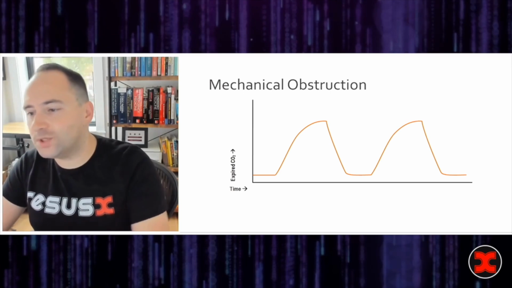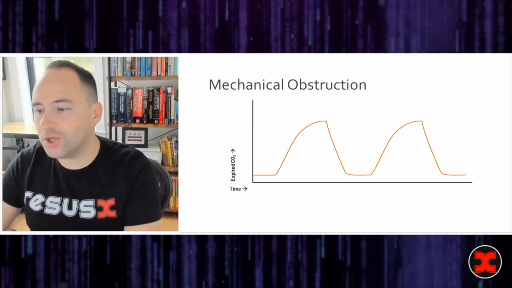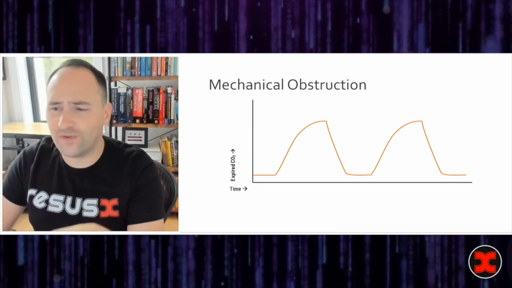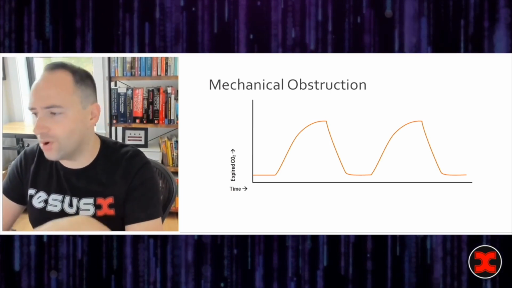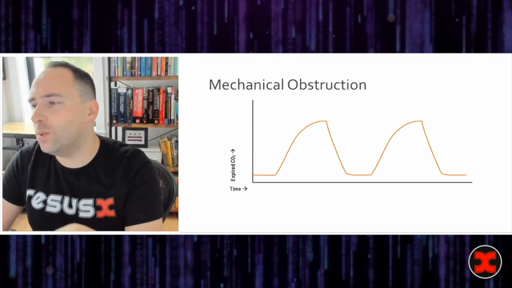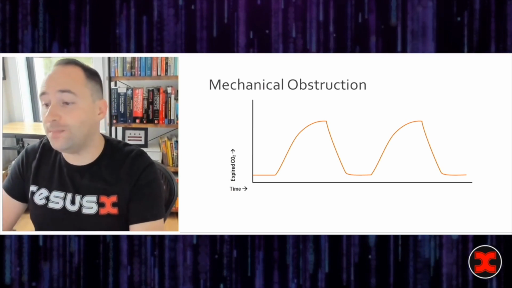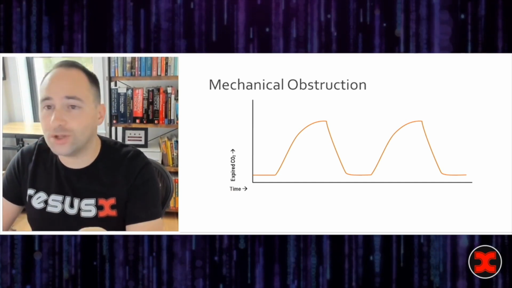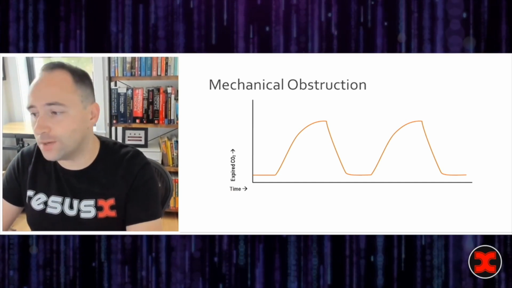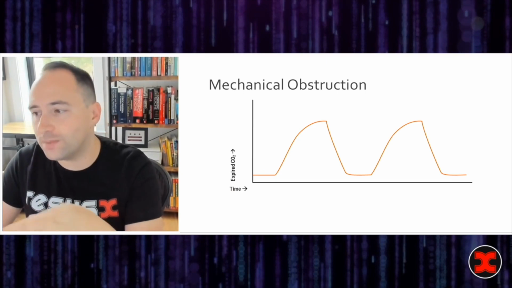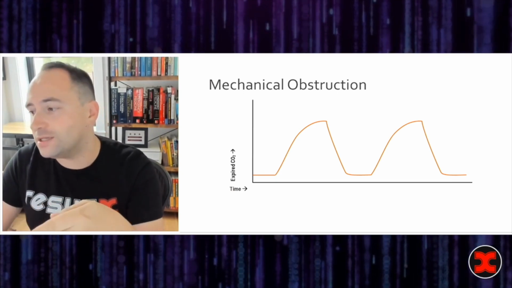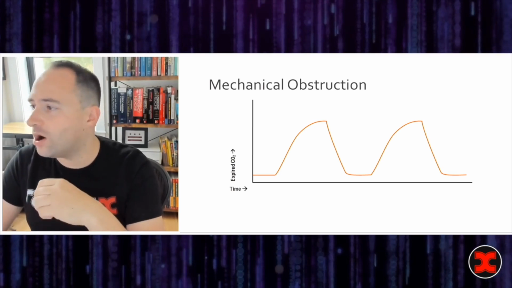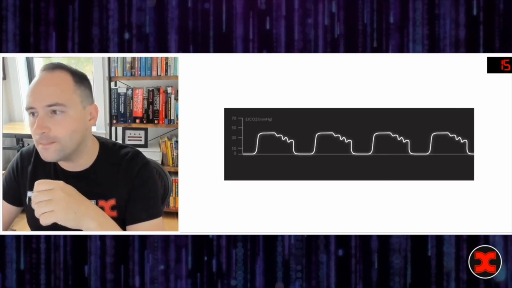So this is a mechanical obstruction. Notice how you have a prolonged transitional phase or phase two, in addition to this very weirdly prolonged phase zero. So this indicates that whatever the obstruction is, it impedes both inspiratory and expiratory flow. This will also get better once you relieve the obstruction. The other thing to consider with a really prolonged phase zero is a faulty inspiratory valve. And then for our last tracing,